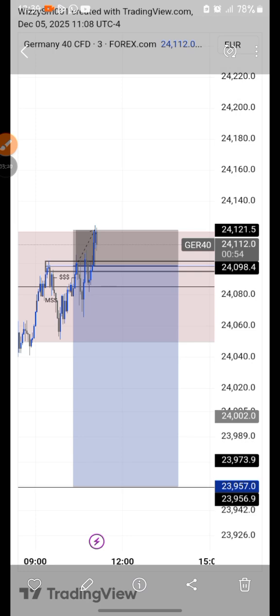So I'll actually be working with this strategy. This is still my strategy, but I'll be working with it and the breaker block model, the two of them together. This one almost gave the breaker block entry, but it actually didn't. So the thing is, this strategy actually works better on a normal challenge account. Reason being, my take profit on this instant account is capped. That means, because of the consistency rule, I can't hit more than $1,000 no matter where my take profit is. So it really affects me.